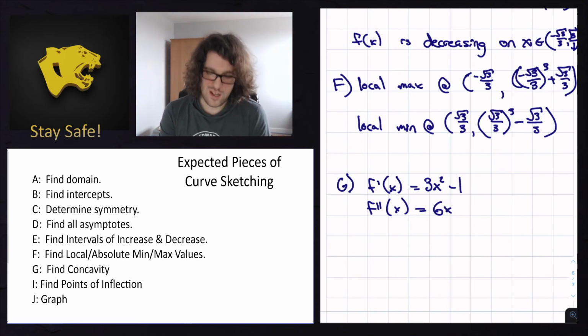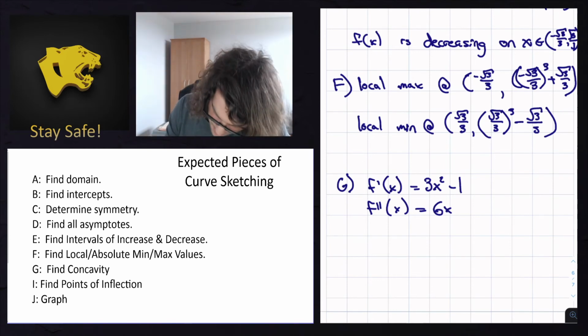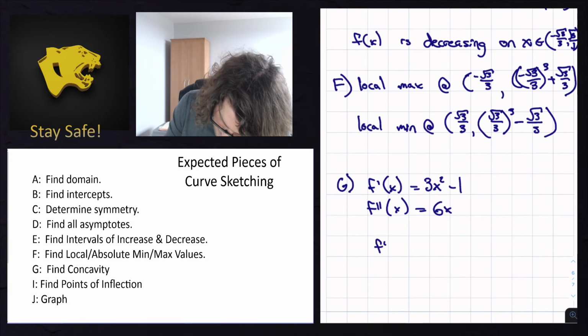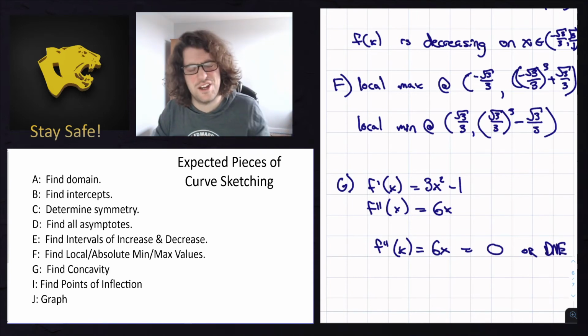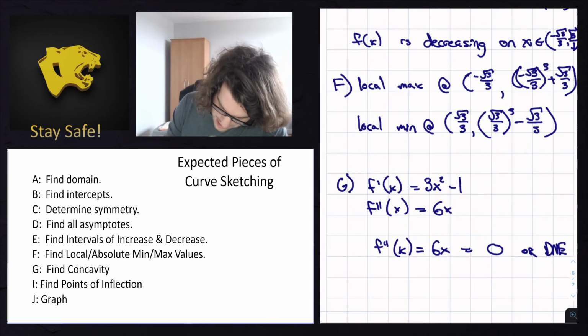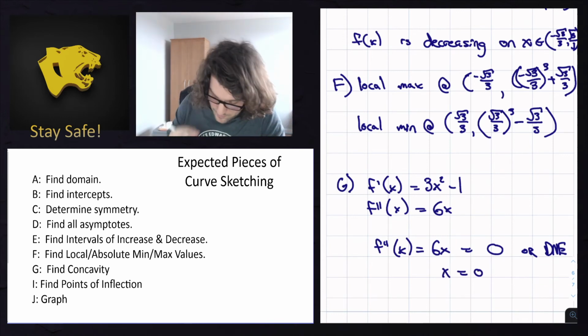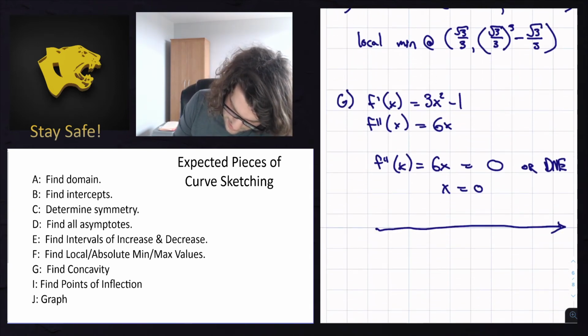Now, looking to see where this thing does not exist, or 0. Does not exist is not going to be an option. That's the 6x. That's just a nice linear function. But this thing does actually have a 0 at 0. So what that means is, if we were to describe this again using a number line,